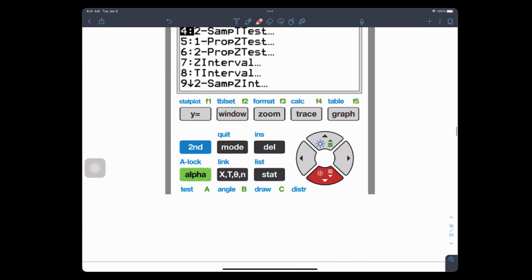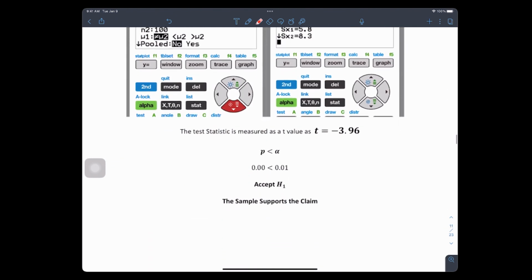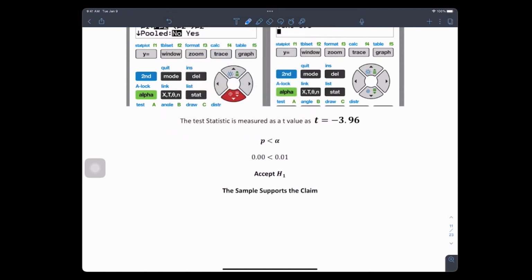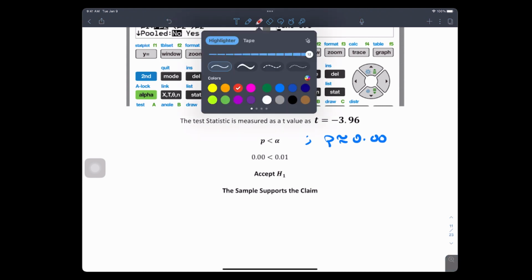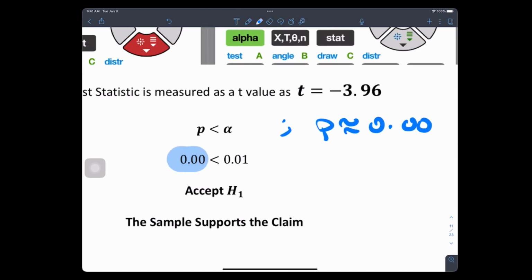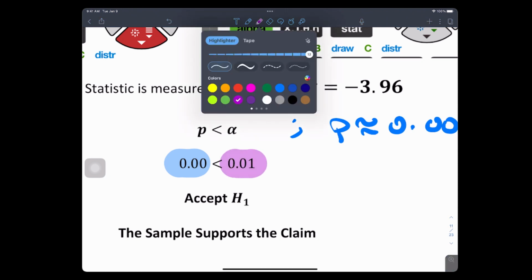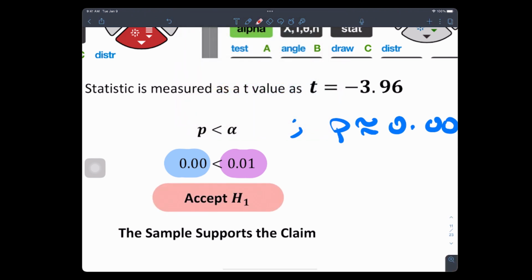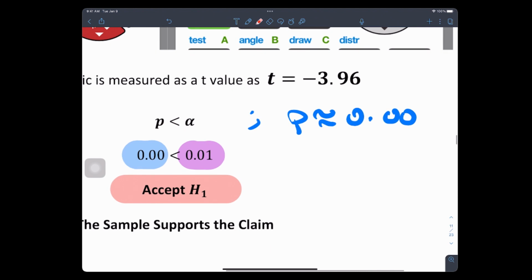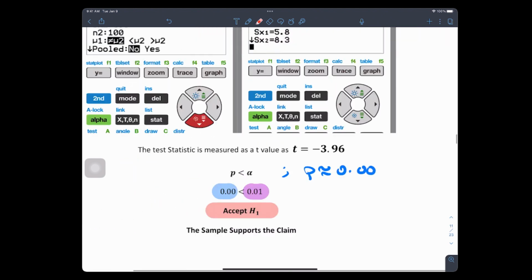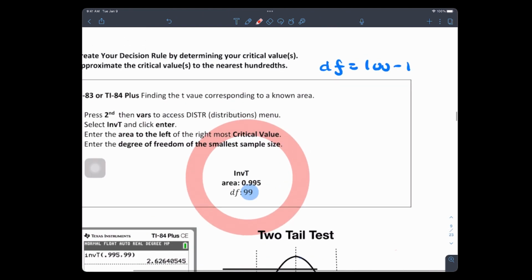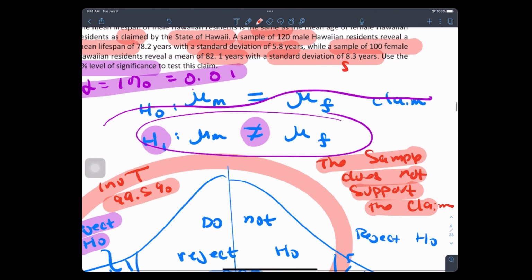What about the p-value method? What do you guys know? Wasn't p approximately 0? Is that smaller than the level of significance? Here's my p-value. Wasn't that the level of significance? Isn't this a true statement we talked about last time? What does that true statement mean? Because p being basically zero is less than a penny. You automatically accept the what? The alternate hypothesis. So, ladies and gentlemen, automatically accept it. Let's see. Isn't that what you're seeing right in here?